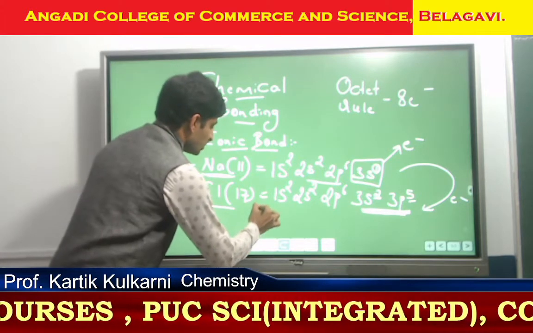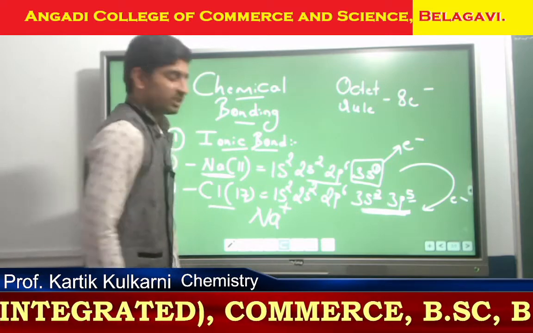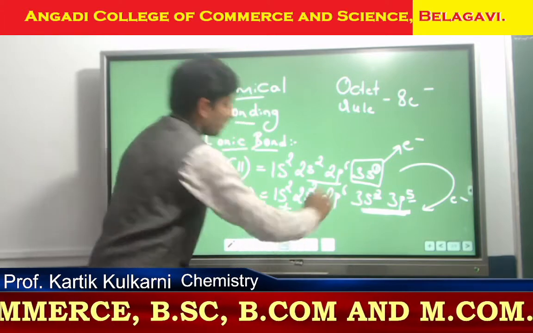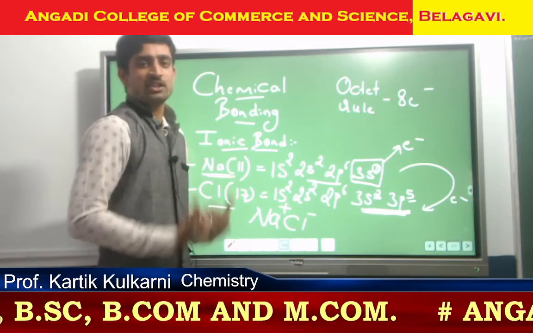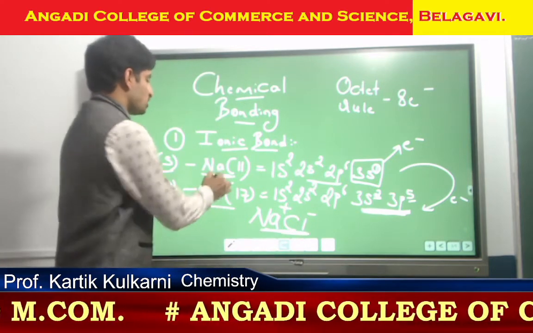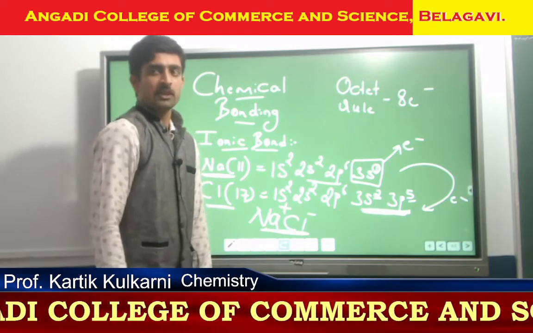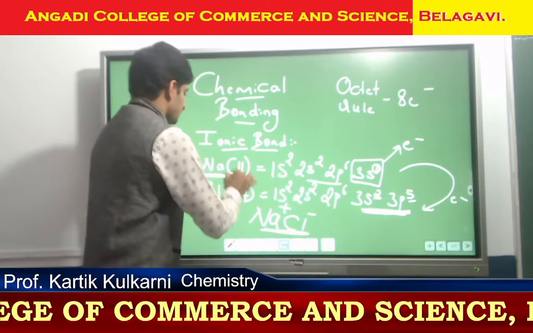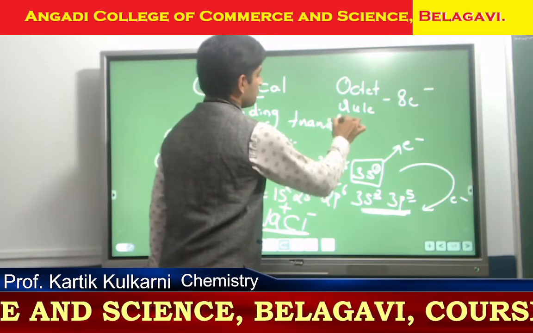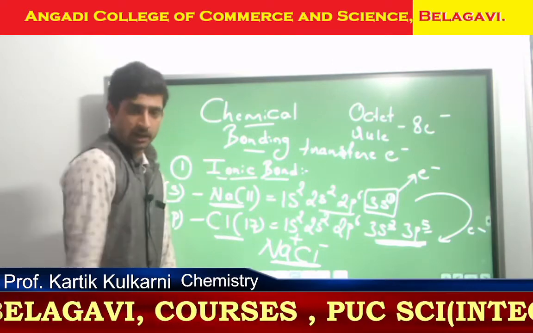As a result, sodium gains a positive charge as it has lost, or donated, 1 electron. Cl receives 1 electron. By the combination of sodium and Cl, sodium chloride has formed. By this, we say the transfer of electron always leads to the formation of a bond called an ionic bond.